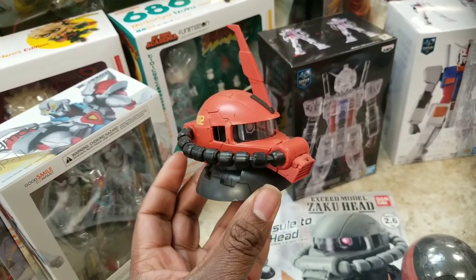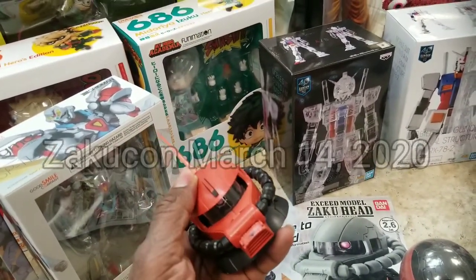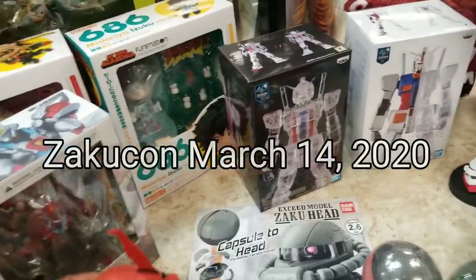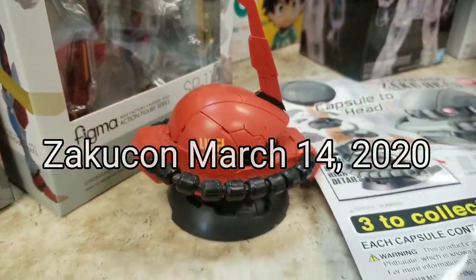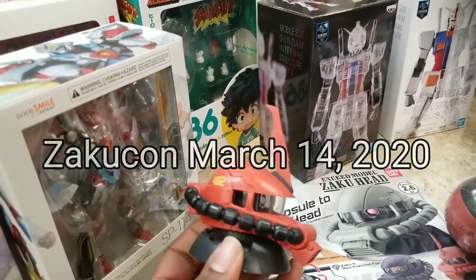couple panels. A lot of people ask me about intro classes for painting, so I think we're going to do 3 different classes for the Zakucon, which is in March. I believe it's March 14th. I know it's the second weekend of March. All-day con. And some of the early morning panels are going to be, we'll do one on airbrushing, very intro